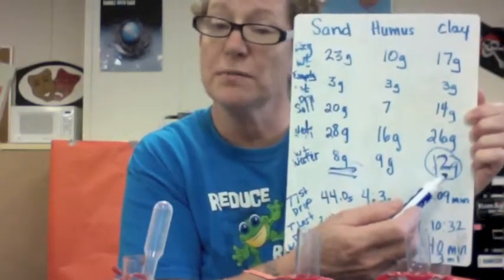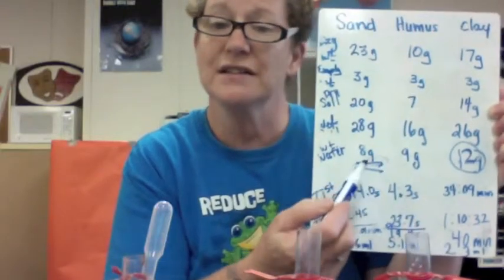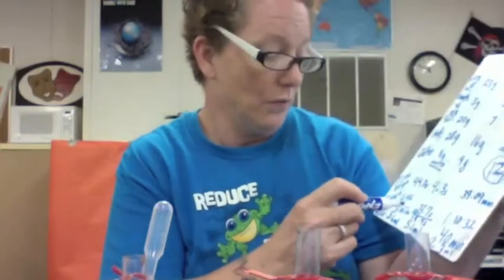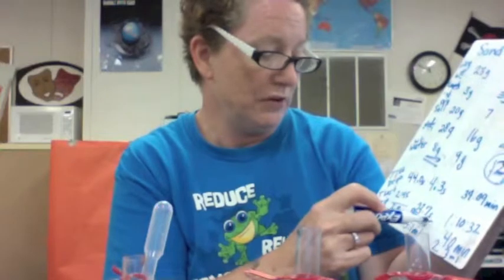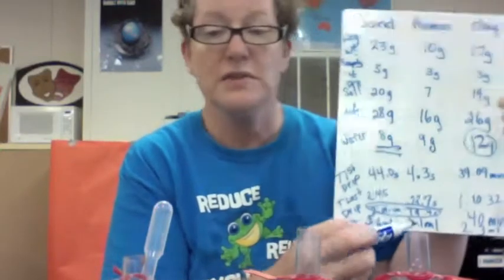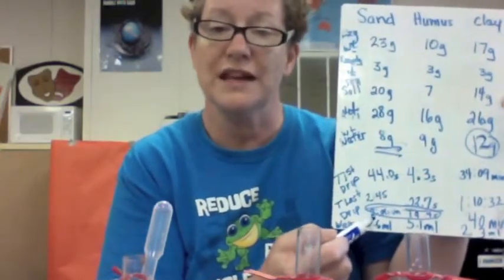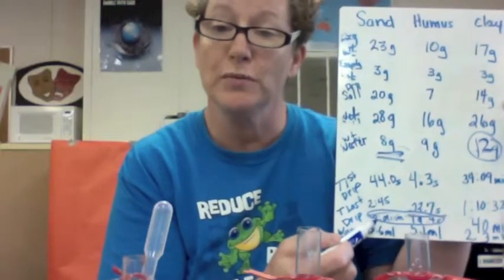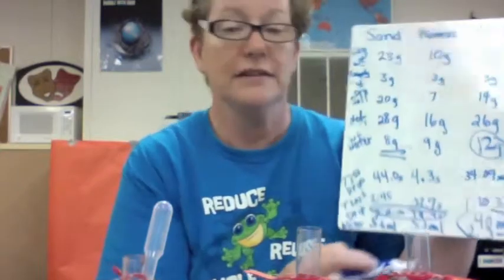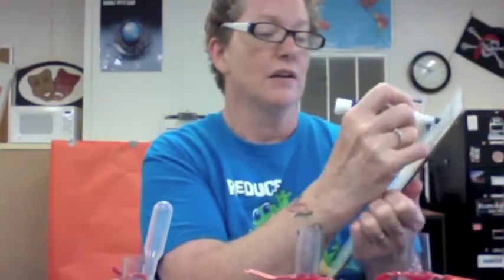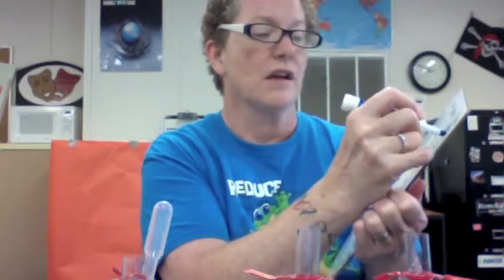So porosity, clay has the greatest porosity, sand has the least porosity. When we look at our permeability, our humus and our sand had the greatest permeability, and our clay had the least permeability. Okay, so this one has high porosity,